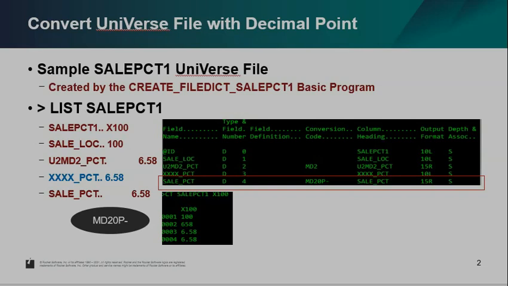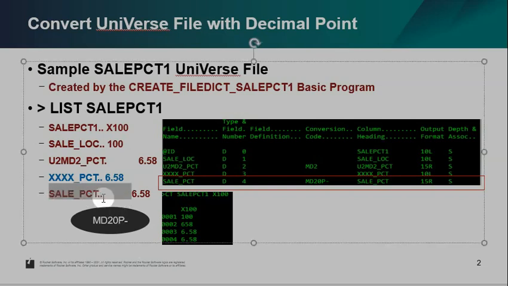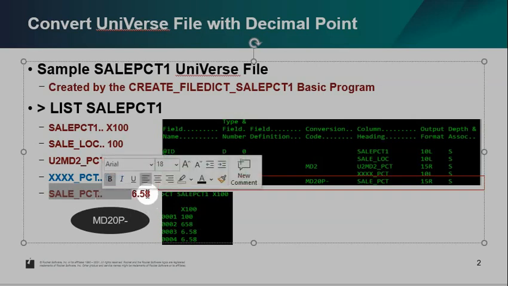I'd like to create a couple of sample files to demo a couple of different situations. The first one I create with a basic program called create file dict some sales PCT1. The basic program just generates the sales PCT1 Universe file. Normally, you have some particular field, for example, a field called sales_PCT. The data already includes